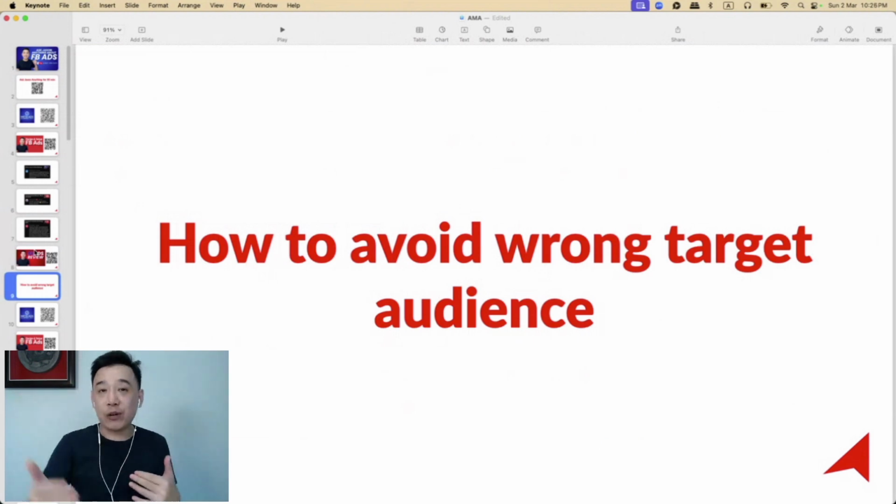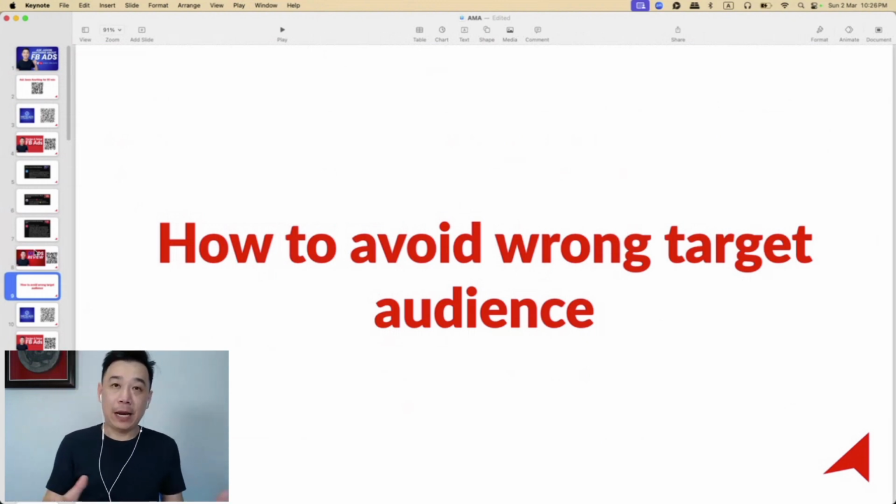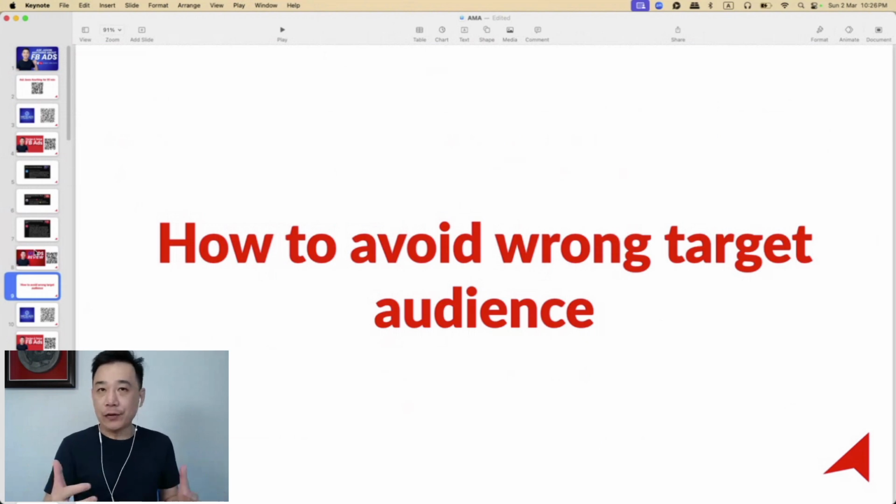So that will help you increase the likelihood of these people being interested in your ad and probably purchasing. So that's the easiest way to avoid the wrong target audience. And you have to do that. So yeah, but if you're not sure, then we can actually have an ad review to go through whatever that